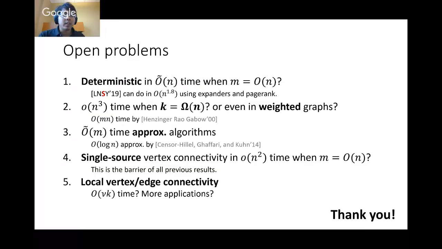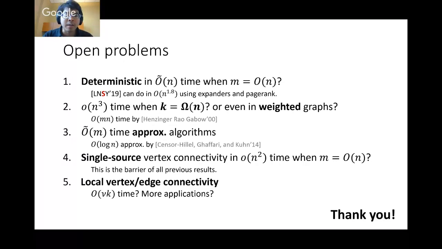And when you said the open question about the weighted version, you meant not directed, just the graph, and you now put weights on every vertex, and you want to know if there's a small weight vertex separator. Is that the thing? Yeah, exactly. The work by Henzinger, Rao, and Gabow can actually solve the weighted case. We don't know how to break these bounds. Okay.